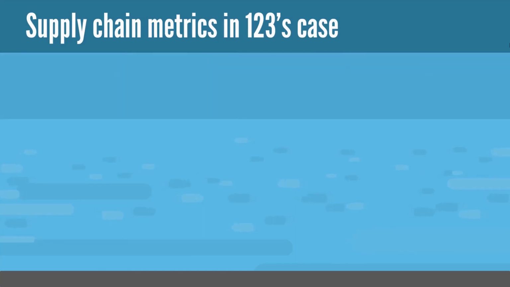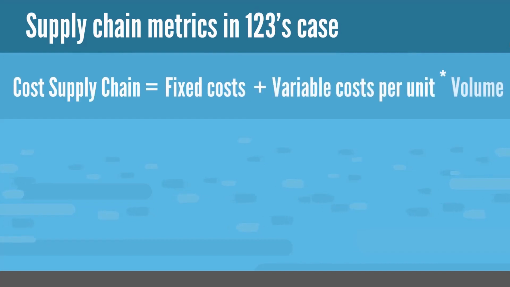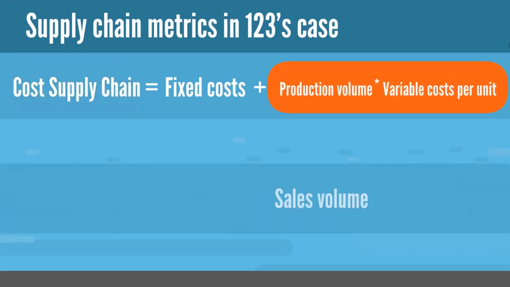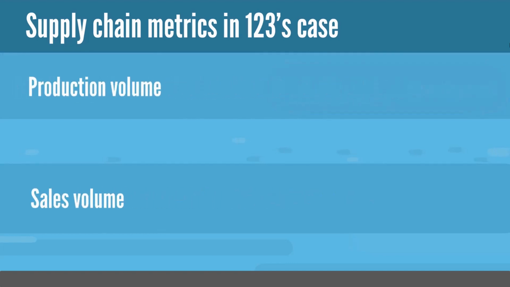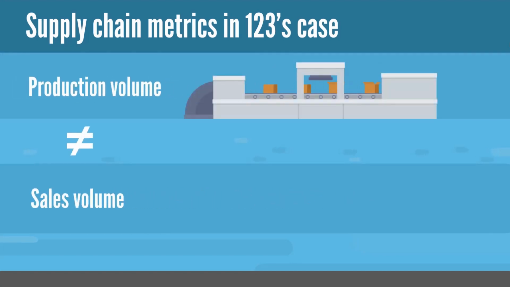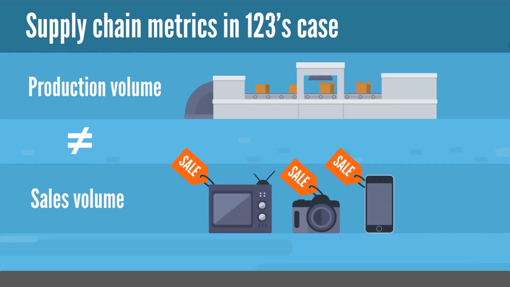Now, typically, the cost of a supply chain organization is influenced by the volume of production. So, please bear in mind that we are referring to production volume here, not sales volume. Obviously, there is a strong relation between sales and production volume, but that does not mean that it is the same, because we need to manage inventory levels. A firm's supply chain division deals with production, whereas the sales department is the one responsible for sales.